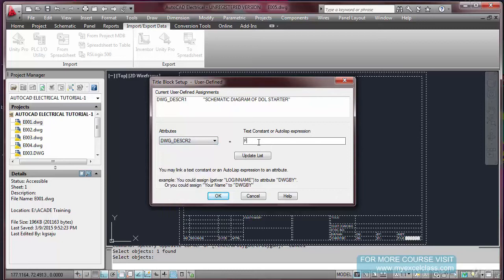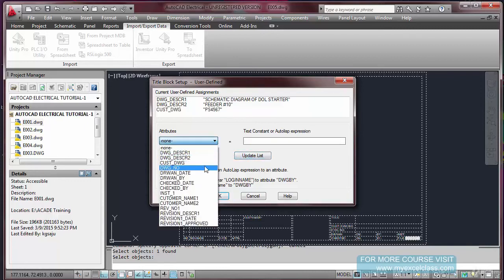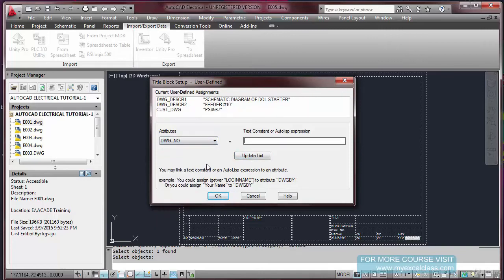Here I want to put the feeder number 10. In motor control centers there are feeder numbers. Now customer drawing number. Let us say a customer has a drawing number PS 34567. Update list.